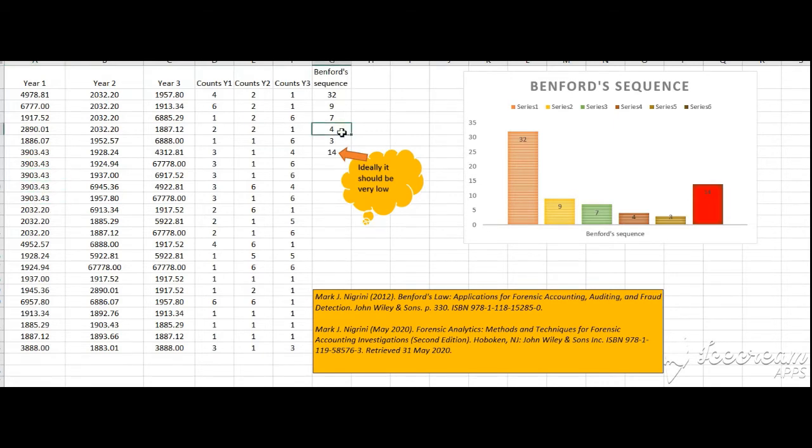Then how many times it is starting with 4, like you can search here, it is starting with 4, here also it is starting with 4. How many times is it starting with 5? Let's search. We are not getting much, very few times it is starting with 5. But if you observe how many times it is starting with 6, that number is very high.